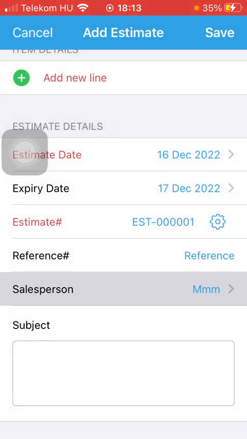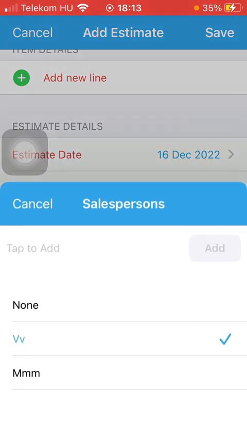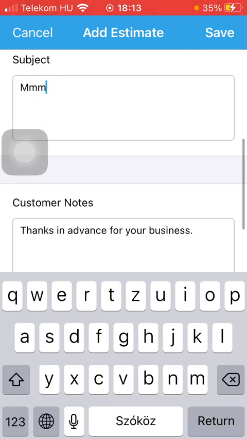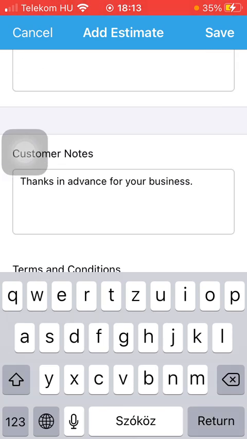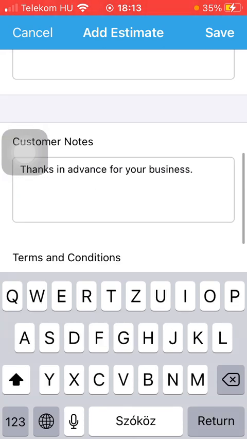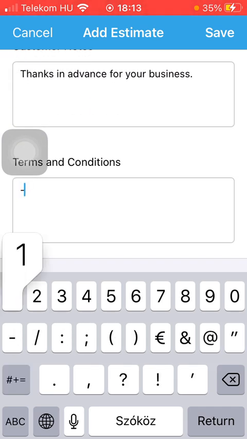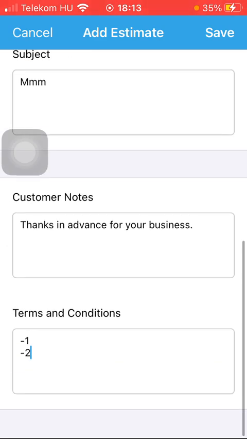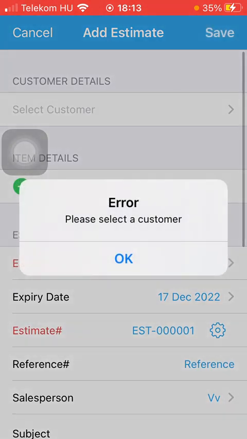Here you can choose from the preset options, or you can also type it into the tab to add section. And you can also provide a subject into this box. Here is a preset customer note, and you can type in your terms and conditions. So after that, you should tap on the Save button in the upper right corner of the screen to add your